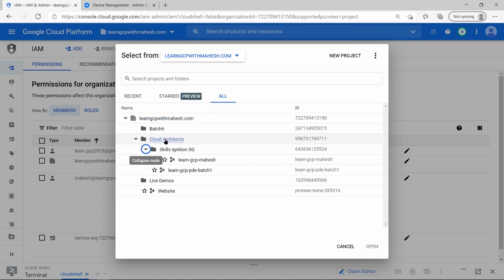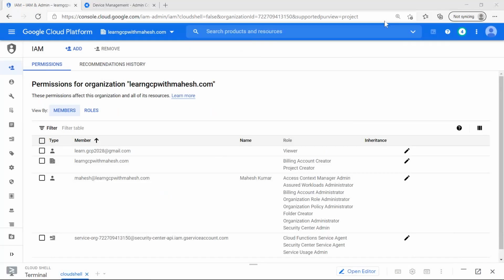There are no other projects, but I get access to all the projects, view only access. If I give you viewer at an org level, I'll not get anything above my project. What is a folder? What is an org? All those things. Now, if I change this role to